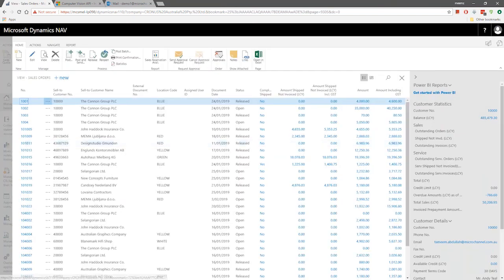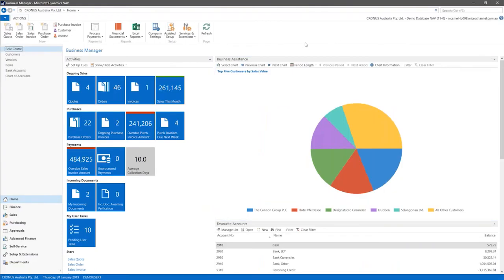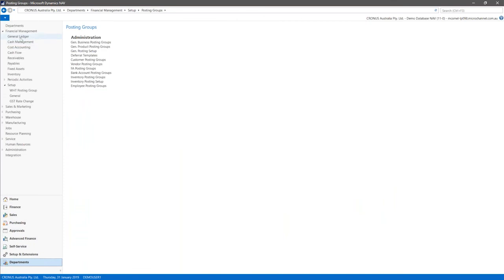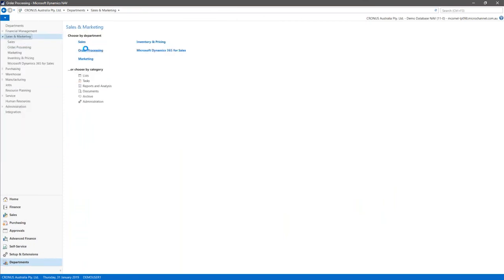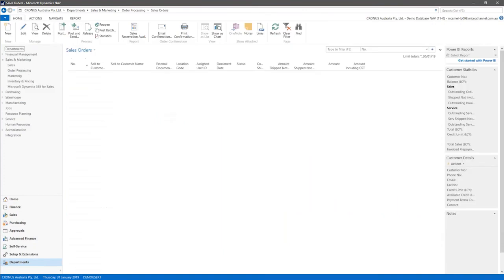So within the product, within NAV, if we wanted to bulk send, sorry, I think I need to do this from just jumping back into my Windows client, because this function is available in the Windows client at the moment. So if I go to my sales orders,